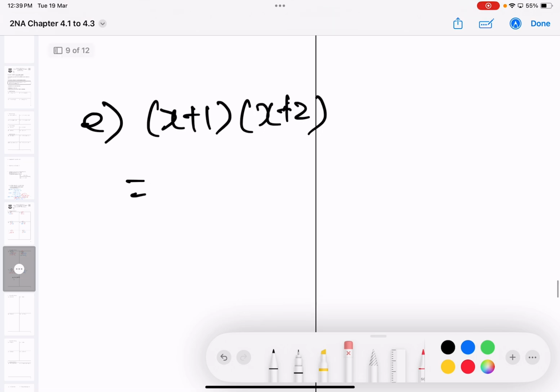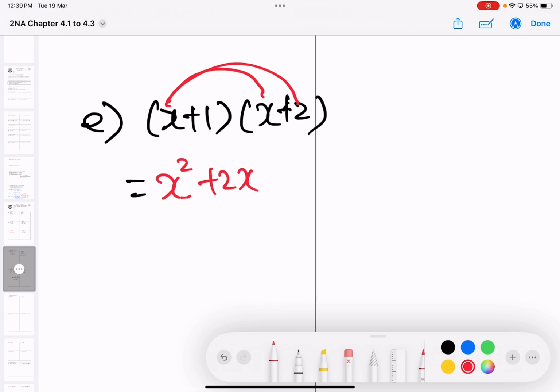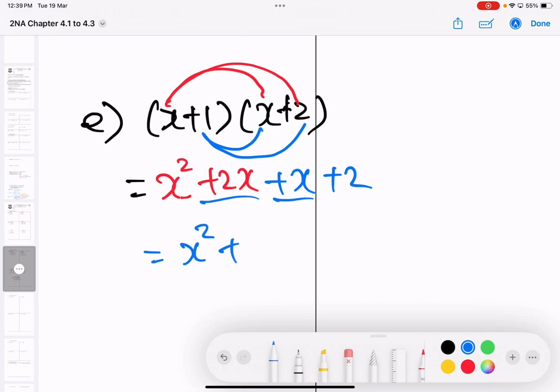Okay, so here, same thing. Expand this. How to expand? X times x gives me x squared. X times 2 gives me plus 2x. Next, 1 times x gives me x. 1 times 2 gives me 2. These are like terms. X squared plus 3x plus 2. Okay? We will continue on